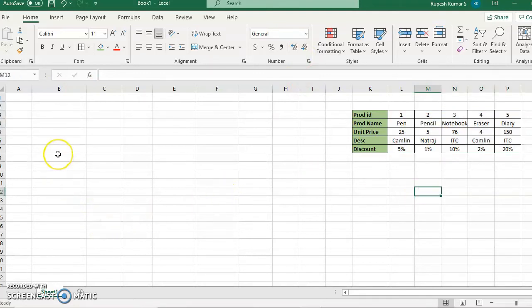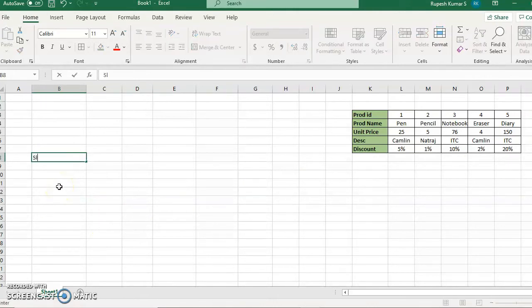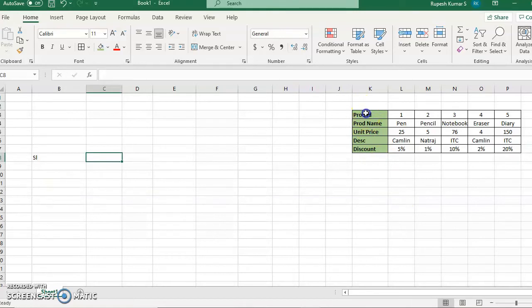Okay, now I want serial number here, then I want all these details. Fine, product ID, name, all these details. So I don't want to type it again. So what I will do, I will select it, copy it. Now you can see the orientation of this data is what? It is coming into different rows, but I want it to come column wise.